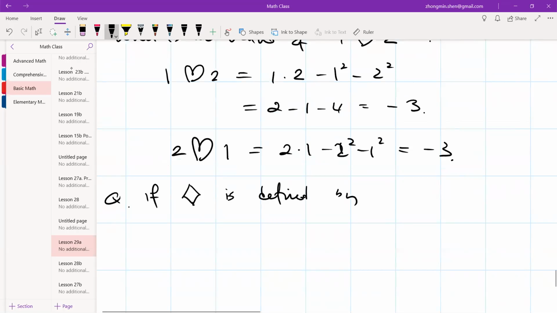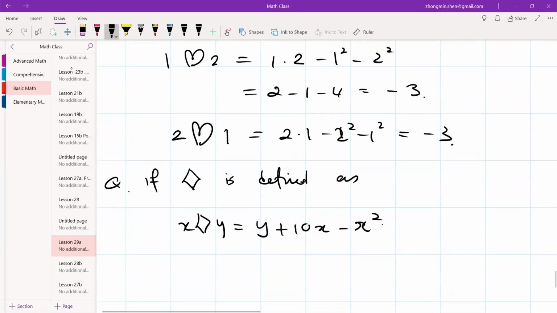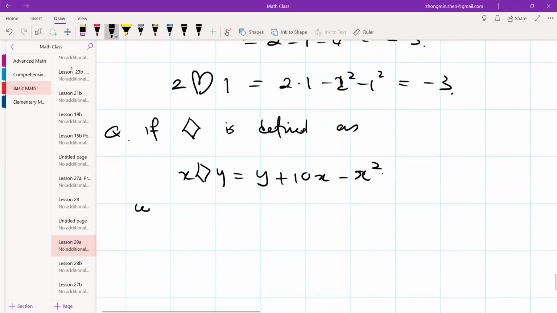Now this operation, diamond, is defined as x diamond y equals y plus 10x minus x squared. What is 1 diamond 2, and